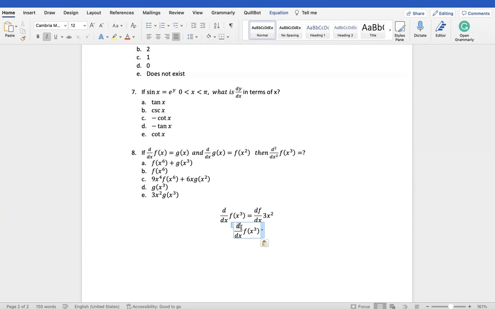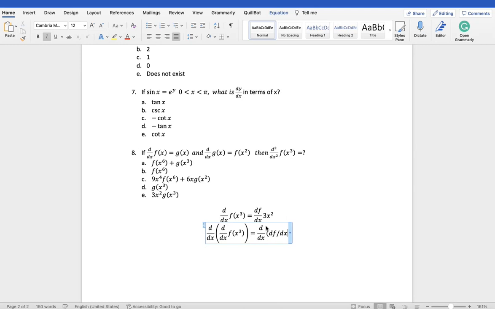Meaning you take the derivative of the derivative. So now let's write that down. Let's say you're trying to find the derivative of the derivative of f of x cubed,